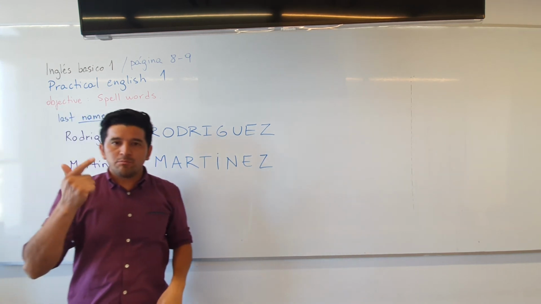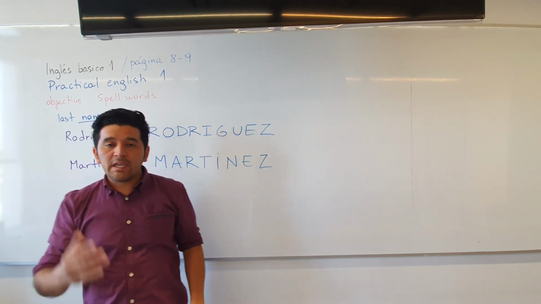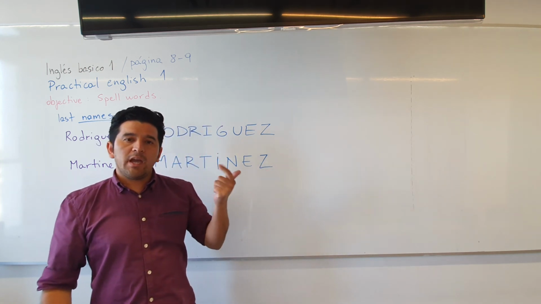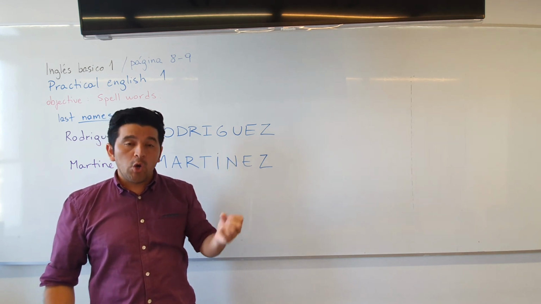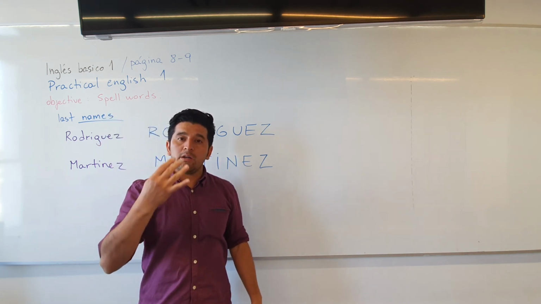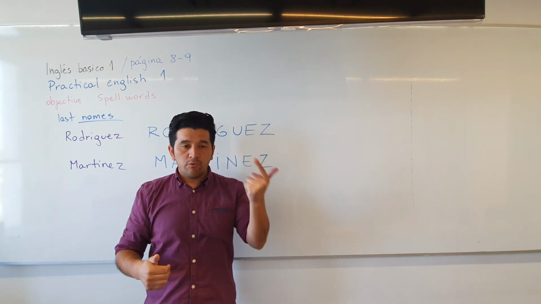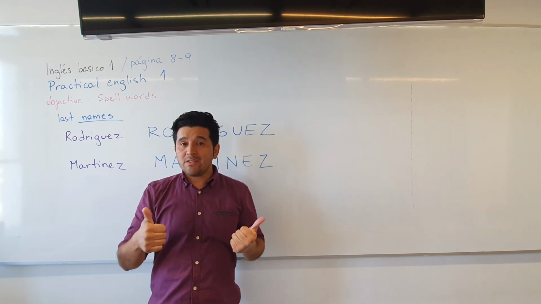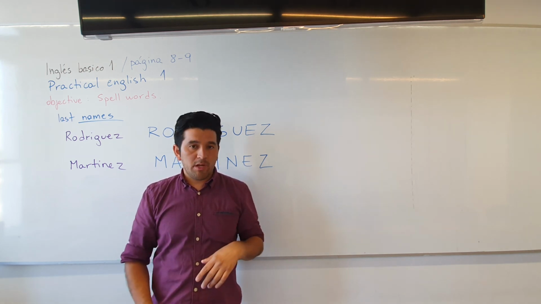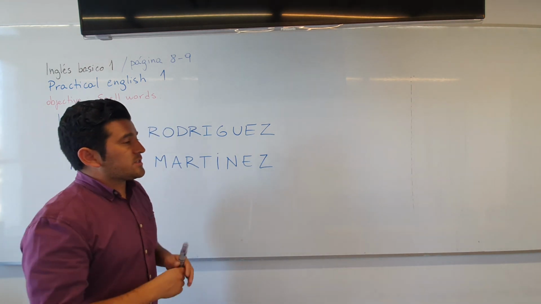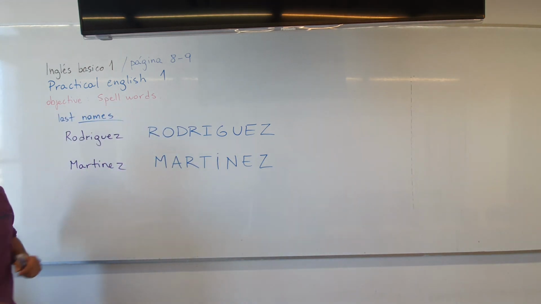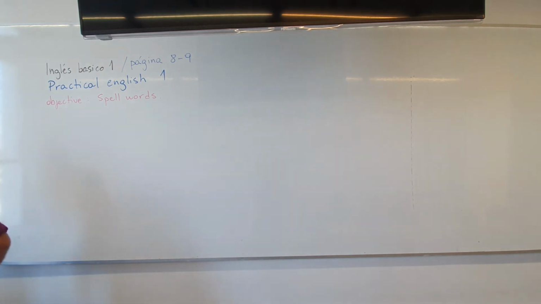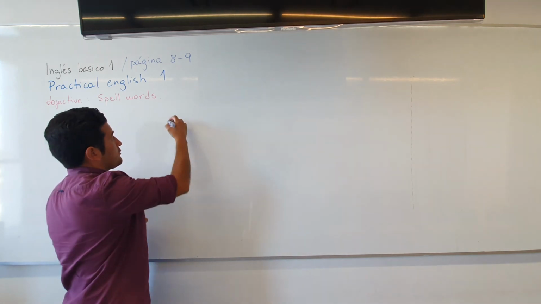Remember, A, B, C, D, E, F, G, H, I, J, K, L, M, N, O, P, Q, R, S, T, U, V, W, X, Y, and Z. Okay? That's it. That's the way in which we spell words. Okay? There are other words that we can also use, but that we can also spell. For example, there are some common words that we usually spell. For example, this is